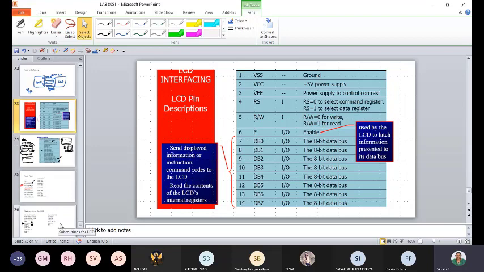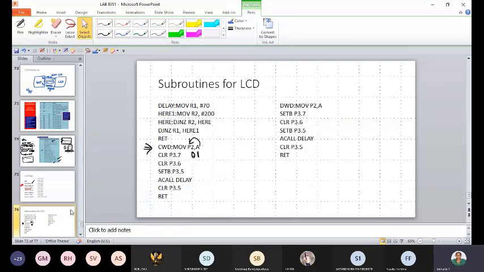This you need to instruct your LCD. So P3.7, P3.6 and P3.5. Let me tell you one by one. So MOV P2, A: we are going to place the data in the P2 port. P2 port is connected to the data bus of the LCD.